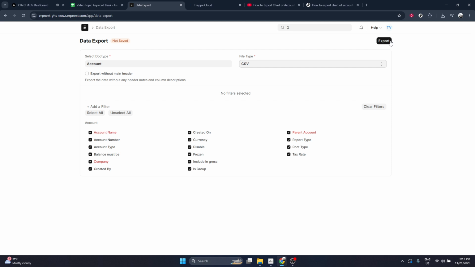If you don't see Tools or Export Data, it could be due to your user role or permissions. In that case, you may need to contact your system administrator and ask them to grant you access to data export features. And that's it for locating the Tools section and opening the Export Data screen. Once you're in Export Data, you're ready to configure and download your chart of accounts in the format that works best for you,